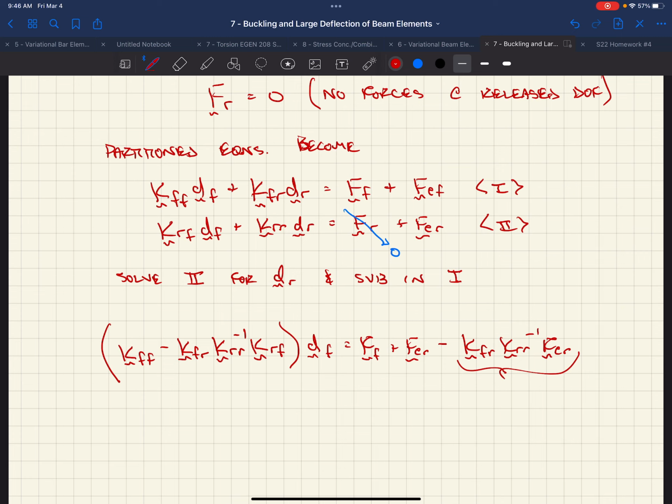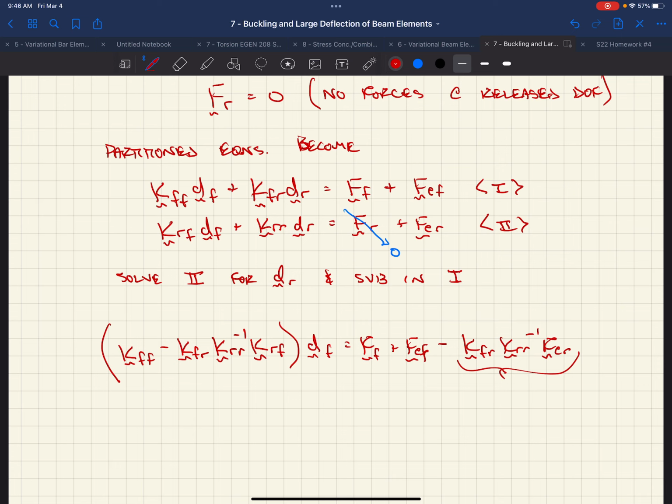Yeah, it'd be like F_F plus F_EF. F_F plus F_EF, yes. But F_ER is not 0. So that one's F. No, this is, which ones are K's and which ones are F's? That's an F. You just go K, F. So it goes K_FF minus K_FR times K_RR inverse times K_RF times d_F